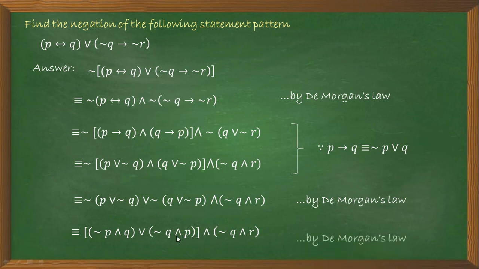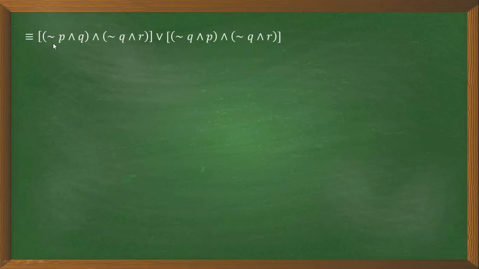Okay, here we have used De Morgan's law, and by using De Morgan's law we get this step, and after this step we will use the distributive law. Now by applying the distributive law, see the next step, we get this one as the next step. So in the first square bracket, negation P and Q and negation Q and R, or negation Q and P and negation Q and R. So we get this by applying the distributive law to the previous step. So see this carefully.